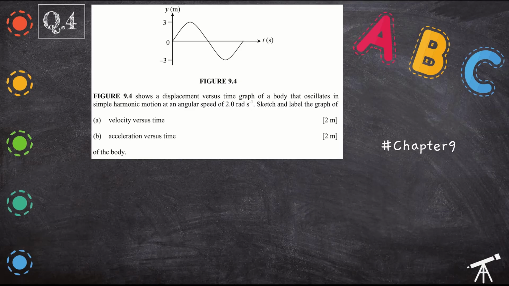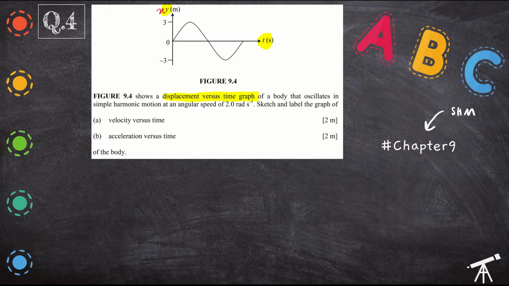Okay, solution for question number 4. So question number 4 is from chapter 9, simple harmonic motion. We have a graph of displacement against time, or you can write it as x. The question is: the figure shows a displacement versus time graph of a body that oscillates